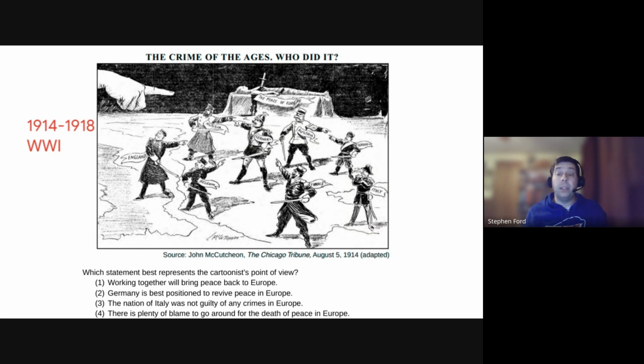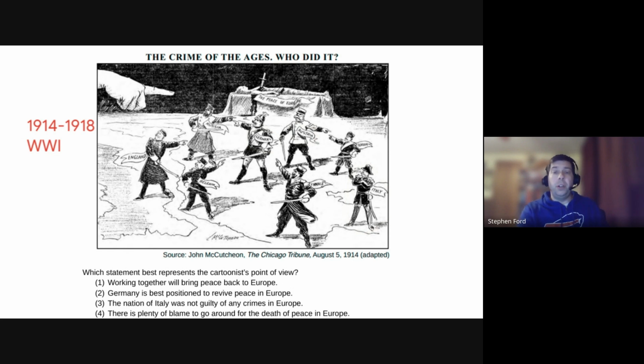Now I get why you'd pick this if you're looking at the cartoon literally. So here's where you need maybe a little historical knowledge. Italy's off here by themselves and no one's pointing at them, but it's not saying they're not guilty of anything, right? So is this their point of view? I get why you might not eliminate it outright, but now